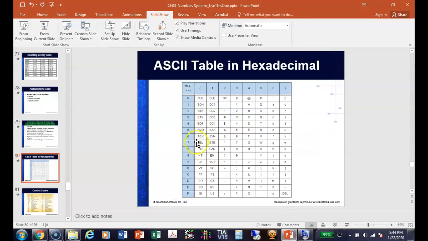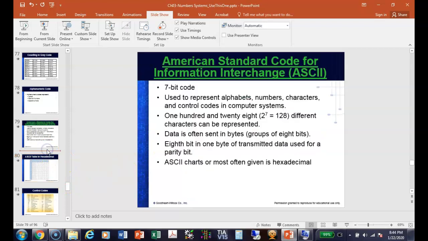No, that's the keyboard. QWERTY is the keyboard. You know why it's called QWERTY, right? Because it's